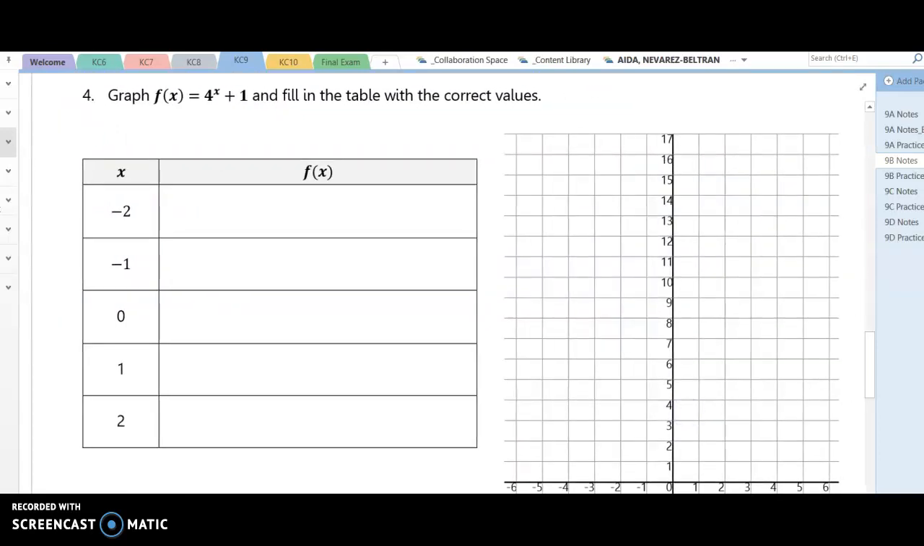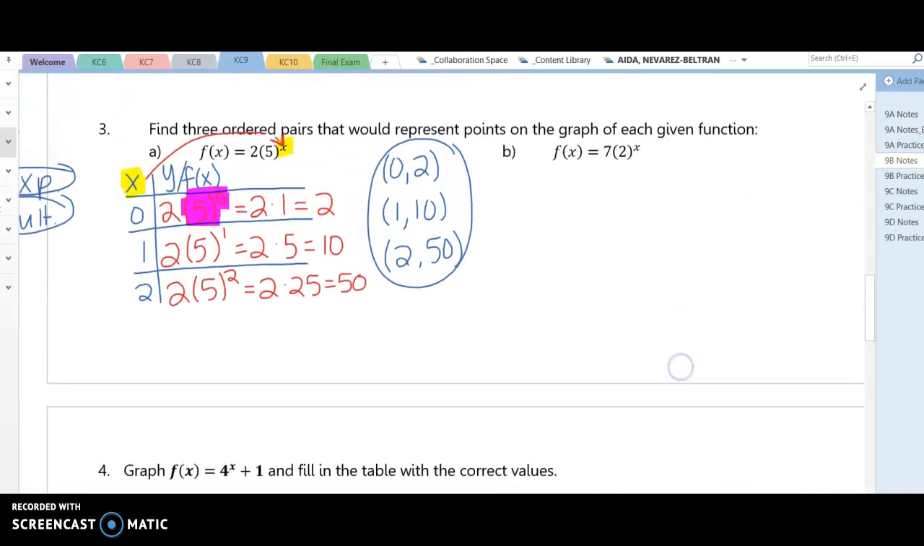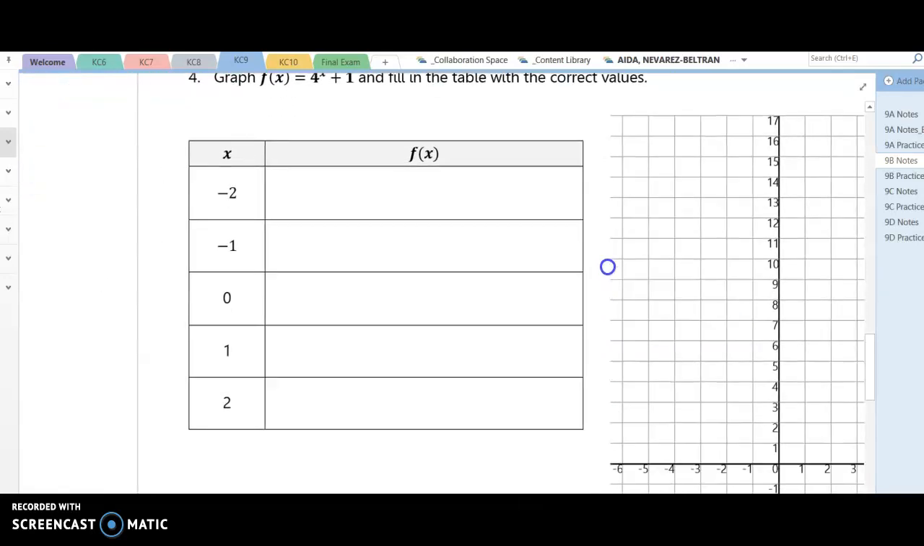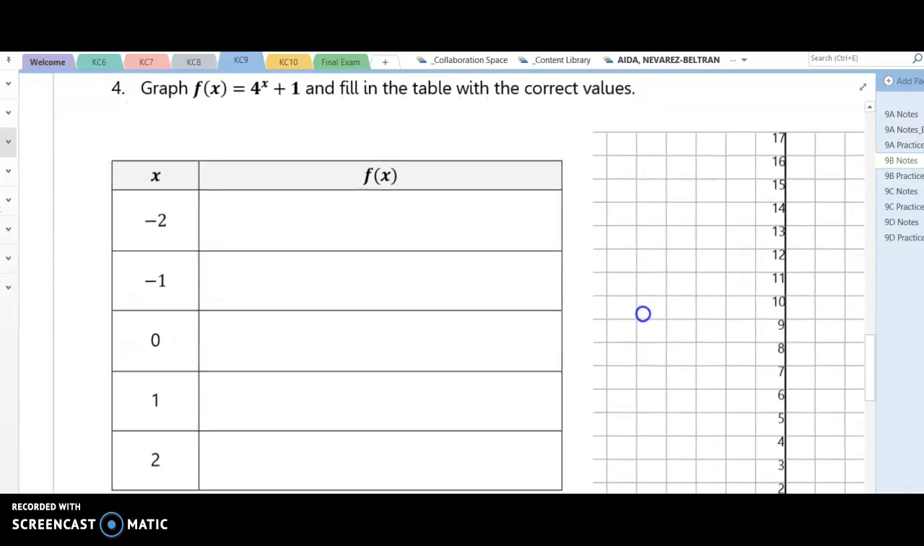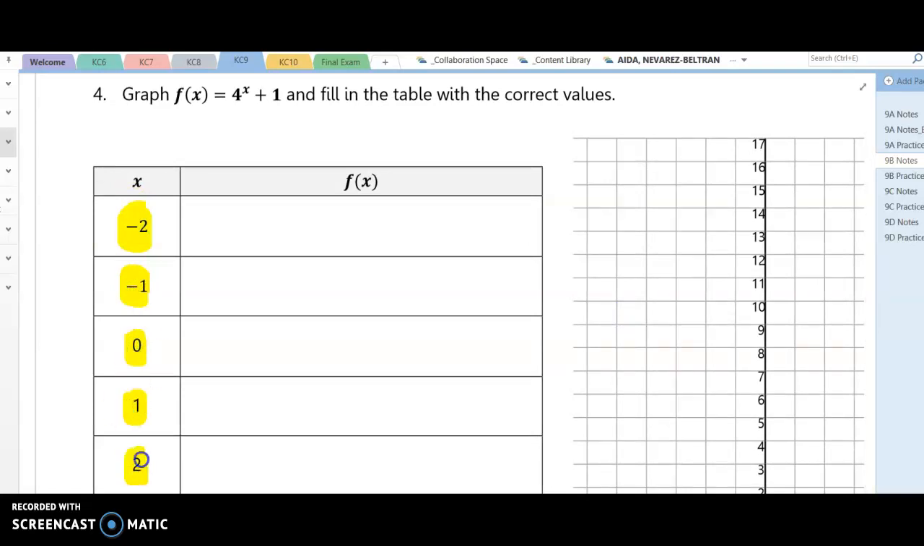So number 4 for the graph, right? It says fill in the table with the correct values, and we're going to graph it. So same thing as before, right? We're using kind of the same table that we were doing before. So we've got 5 different numbers to plug in for the x. So we're taking all of these x values, so -2, -1, 0, 1, and 2, and we're going to plug them in for,